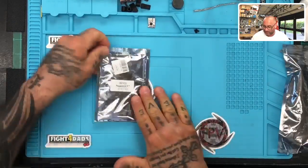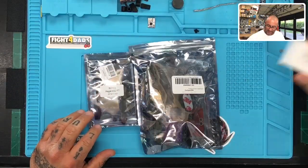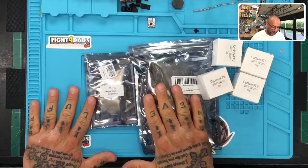We are going to be running the Asgard all-in-one FC ESC combo, and then we've got our motors. So I'm going to start prepping this up. First thing I'm going to do is build the frame,